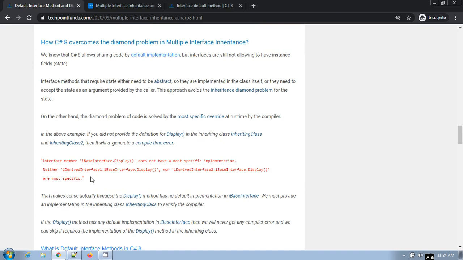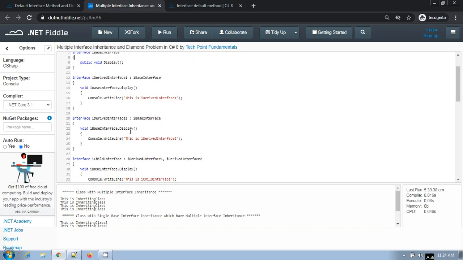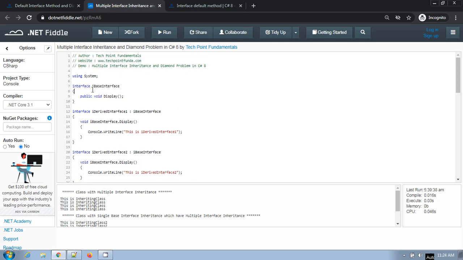Suppose I have written a simple console application here already. You can get this program link in the description box as well. Here I have created an interface, IPS interface, which has a single method, void display.